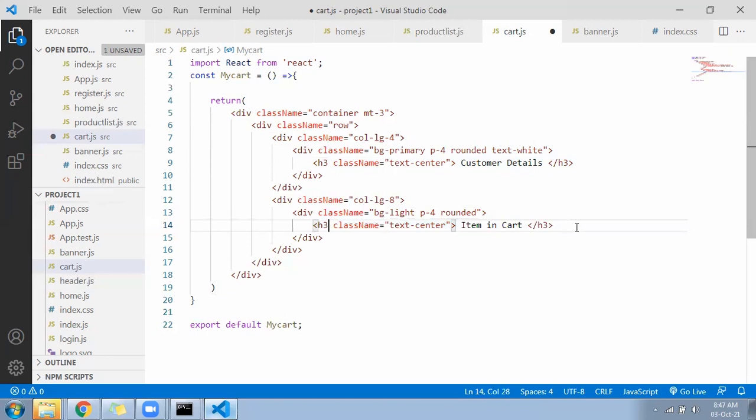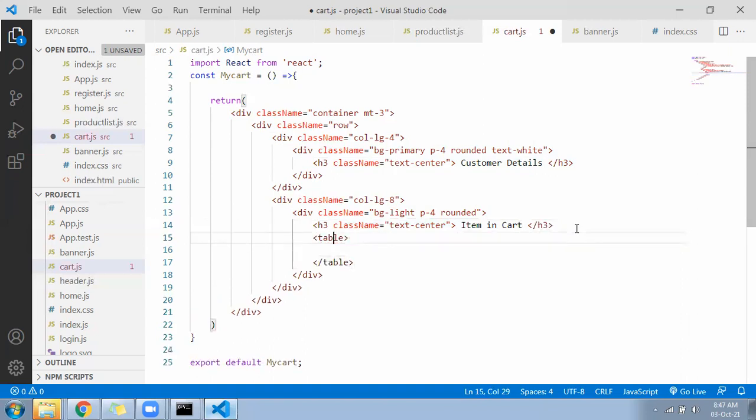Okay, come down below, you will create a table here and this table will have className only table, then thead.